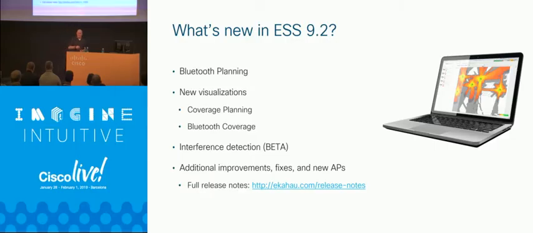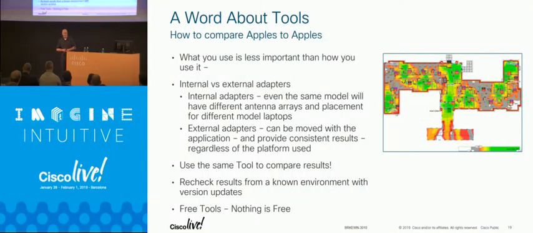Interference detection beta, that's actually something brand new. How many of you have seen their Sidekick? Okay, you've seen the spectrum the Sidekick develops. They wrote some stuff, actually it's better than the MetaGeek stuff presently, but the pattern matching is rudimentary. It's not the same as Clean Air, but it gives you an idea of where interference is if you're not used to looking at spectrograms. And then they've got a lot of new improvements, and of course they're running on Mac now. The latest 9.2 version changed the Java version, and it's running really well on the Mac. So get over to World of Solutions and take a look at it.